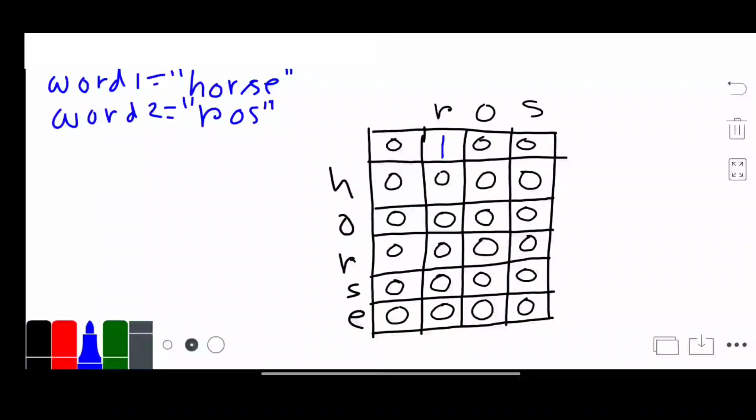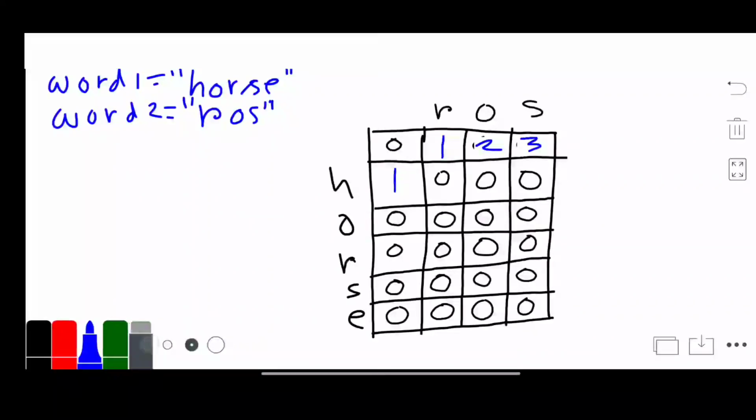So now we will update row 0 with the column numbers, that is column 0, column 1, column 2 and column 3, and then we will update the first column with the row values,